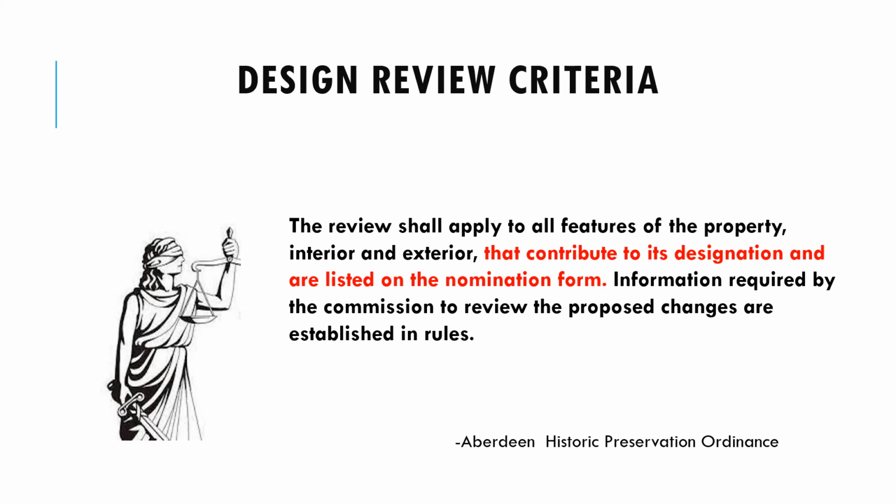Some of them just look at the exterior for protections that contribute to its designation and are listed on the nomination form. So you are reviewing the things that contribute to its designation and that are listed on the nomination form. Information required by the commission to review the proposed changes is established in rules. And what that means is that there should be something in your bylaws that says this is the criteria we use as the Historic Preservation Commission